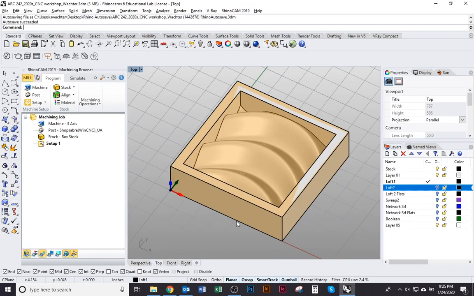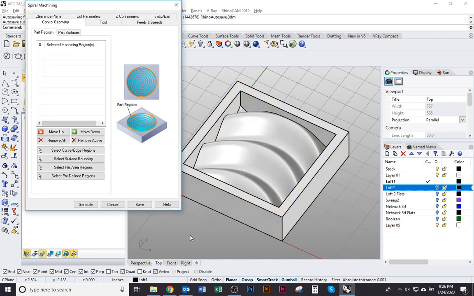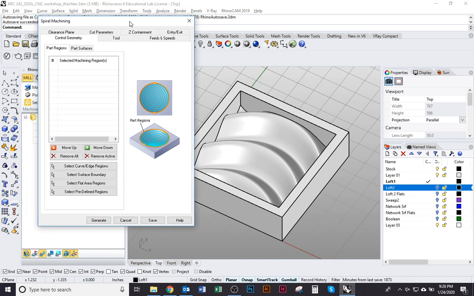This one is really pretty easy. In order to make a toolpath, make sure you have the Rhinocam machining browser open. To make a new toolpath, I'm going to go to machining operation under 3-axis, and I'll choose spiral machining. There you go. In this dialog, we're going to set up all the settings we need. First tab is